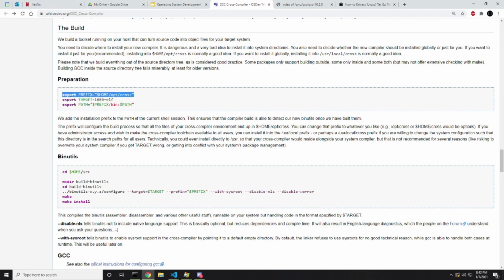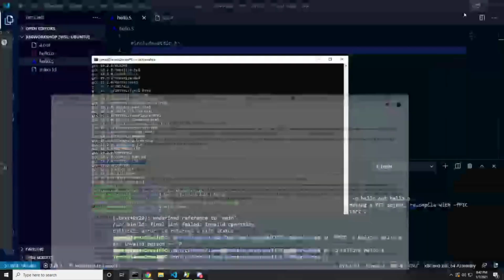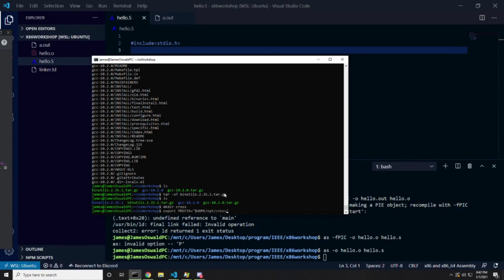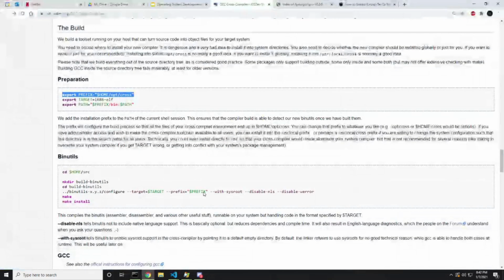So I am going to say that the location of our cross compiler folder is, I'm just going to do tilde home, since that's where we are right now. And it's not in opt, it's in osWorkshop. And we're going to do it in the cross directory. And this is basically going to be the output of our thing, I think, right? Yes. Okay, so this is our output. And then our target is